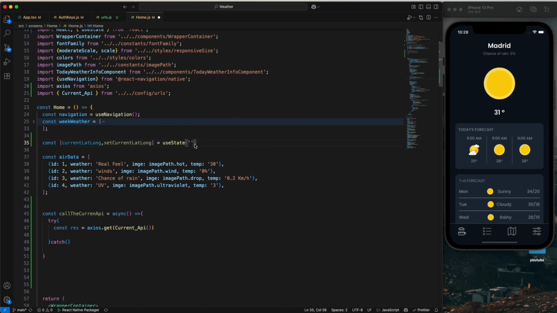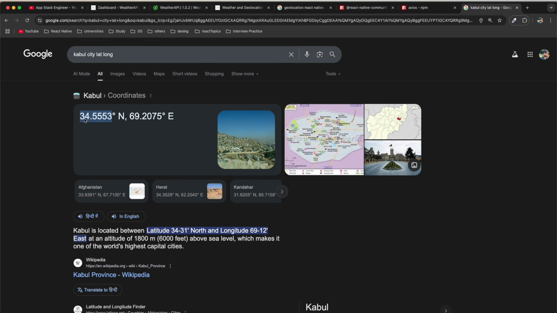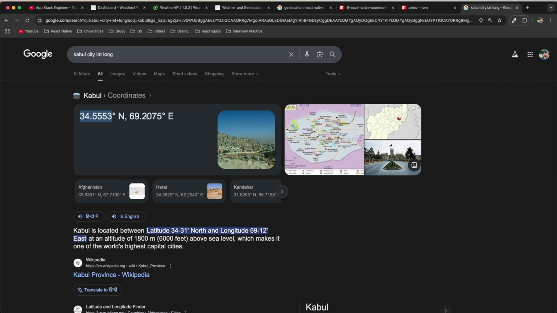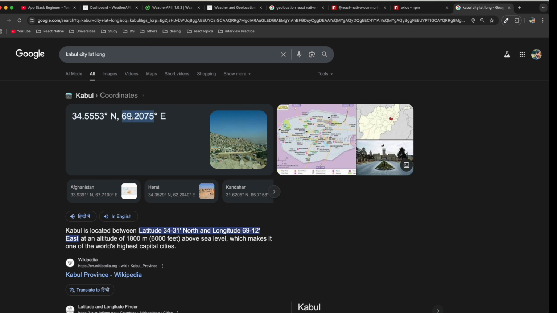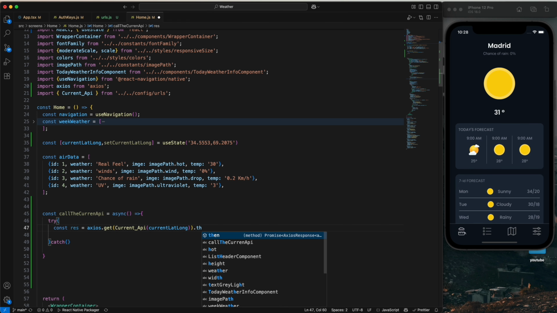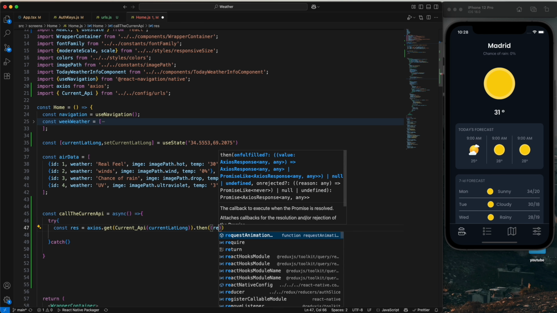Now we are going to copy the lat long, this is Kabul city lat long, copy, and save it. Then copy the current lat long and pass it in your API. Just copy, pass it, and dot then we have a then, and response,